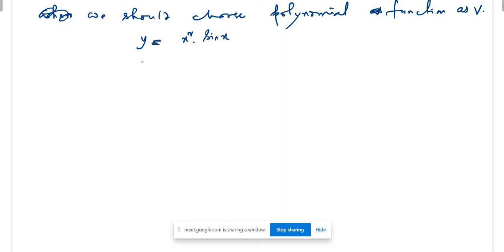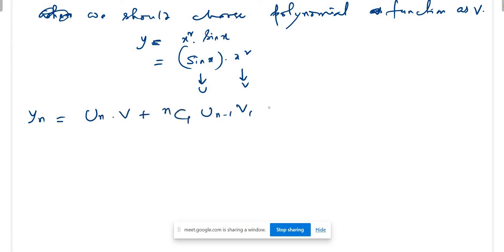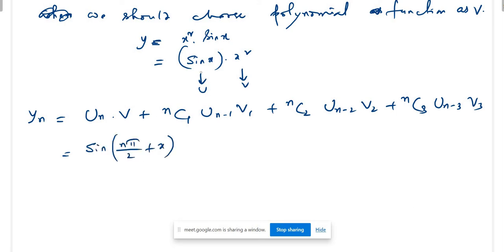So back to the problem, y equal to x square sin x. Let me write sin x times x square. This is your u, this is your v. So yn will be, what was the formula, un into v plus nc1 un minus 1 v1 plus nc2 un minus 2 v2 plus nc3 un minus 3 v3. Now un is sine of n pi by 2 plus x, because u is sin x